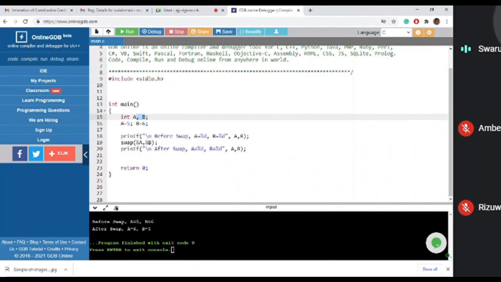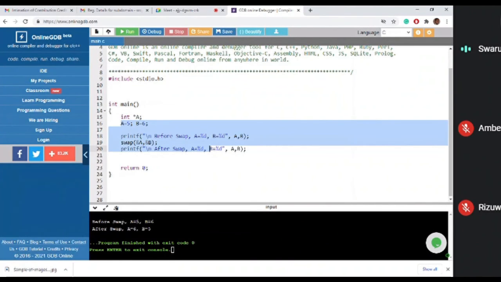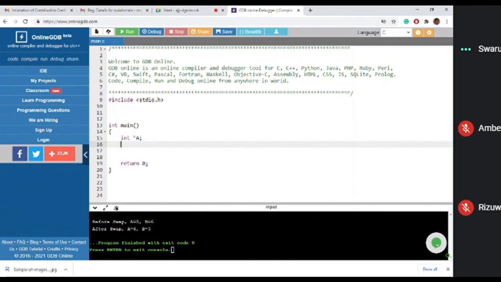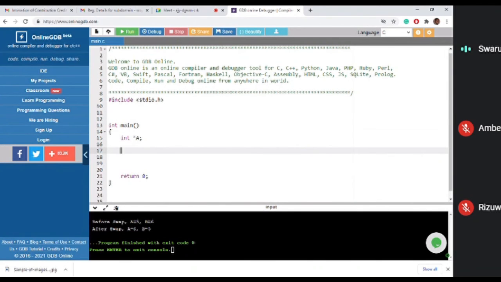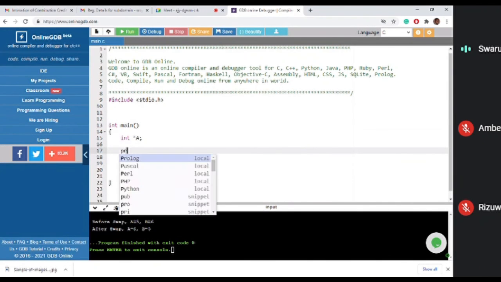So create some array dynamically. Sorry, I need a pointer. Let us assume I'm going to create these things, array of integers. Okay, so what you have to do? It should be dynamic memory allocation. So what it is going to do?